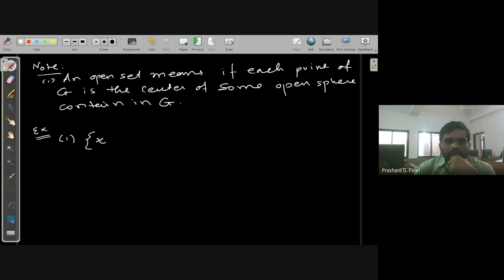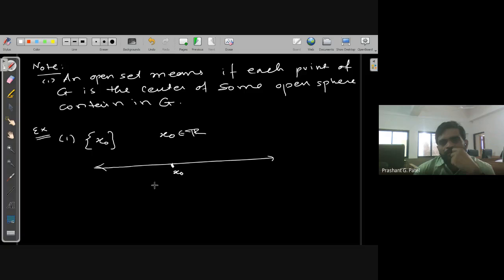Let's say one point x0, where x0 belongs to R. So this is your real line. On the real line, there is a set containing only one point x0. Can we say that this set {x0} is an open set? First of all, what is your idea about this?